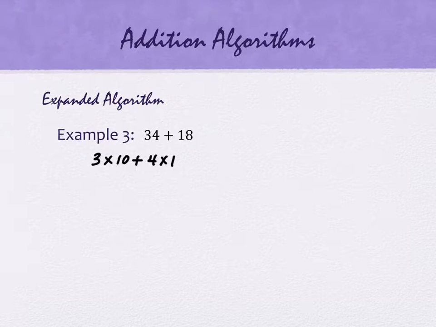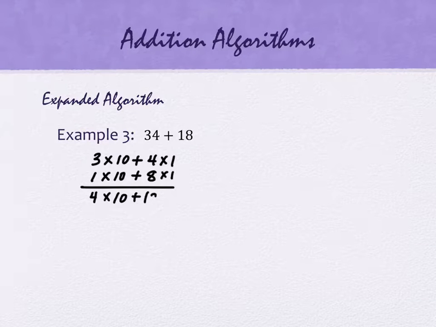And I'll show you one other version of this too. There's a couple of versions. This is the one I think that your book uses, if I remember right. And then you have the 18, so it's 1 times 10 plus 8 times 1. And then when you add this together, you can kind of actually work from left to right or right to left. So if I go from left to right, which is at least a little bit more intuitive, I have 4 times 10 plus 12 times